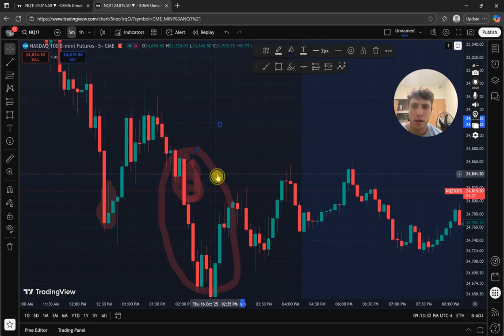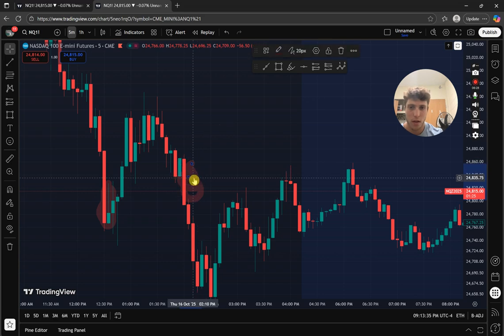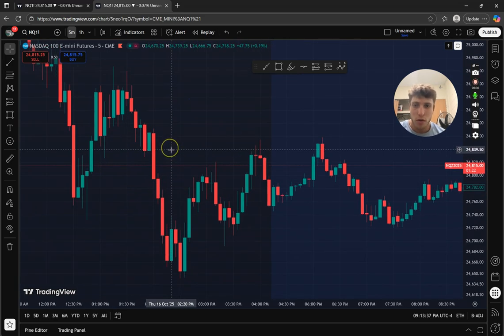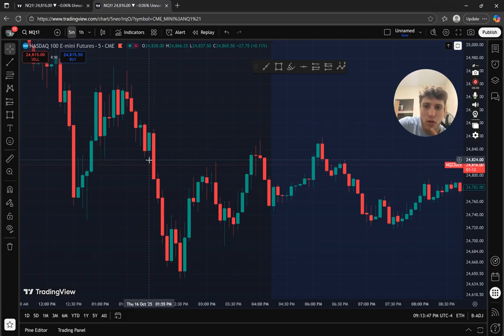One second, let me get rid of all of this for you guys. Alright, so we see the big red push down. Like I mentioned earlier, we found the big red push. Now, before that push, we look for the opposite color. The opposite color is obviously green because it went up. We find that bar. There are a couple of criteria that this bar needs to meet. One, it cannot be bigger than this bar. It just can't. That's one of my rules. Number two,